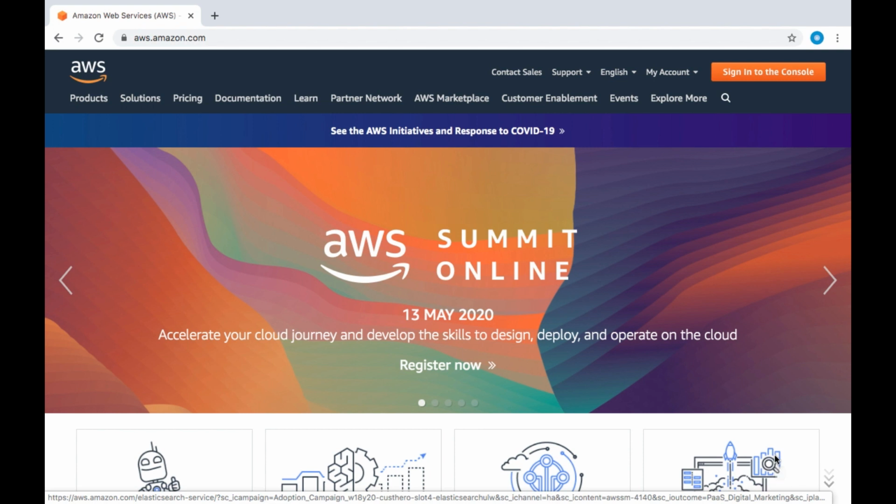Hi, here we are going to see how to deploy a Python Django application in AWS Cloud. To deploy that, I'm going to launch an Ubuntu server instance in AWS, and we are going to use Nginx as the web server and Gunicorn as WSGI interface to connect to the Django application.